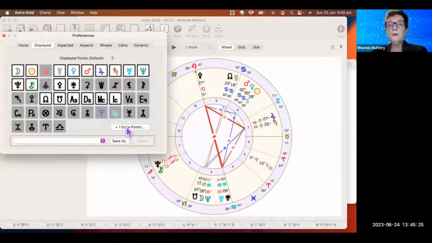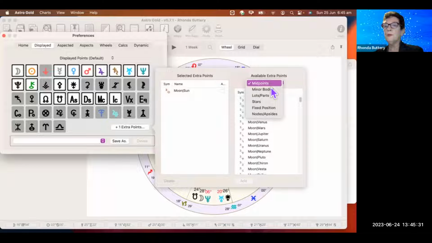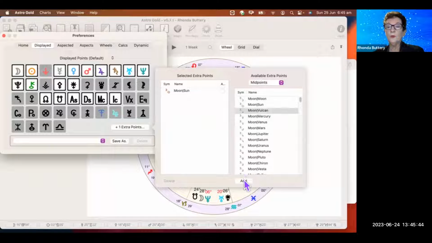Here we also choose extra points, and we've got a lot of scope here. At the top, we can choose midpoints, minor bodies, lots and parts, fixed stars, fixed position, nodes, and apsides. They're planetary nodes. And it's as simple as clicking what you want, click add, and there you are, there's your